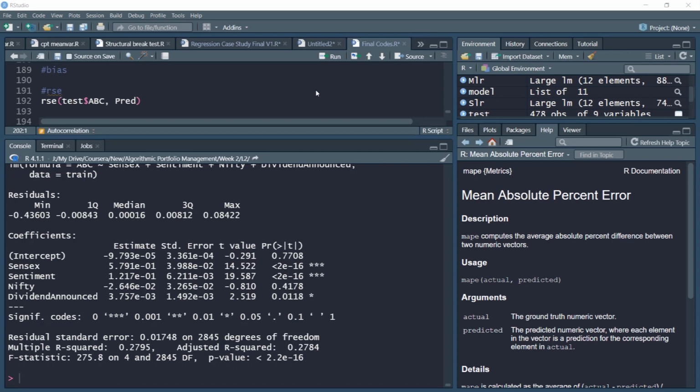Exactly identical codes can be applied for the multiple linear regression model to obtain and examine the residual diagnostics, heteroscedasticity, autocorrelation, and robust standard errors related discussion. For more detail, we can directly look at the video topics on heteroscedasticity, autocorrelation, residual diagnostics, and robust standard errors to get more information on this.